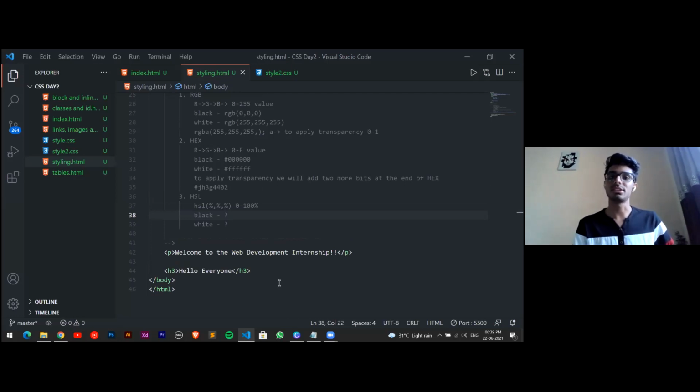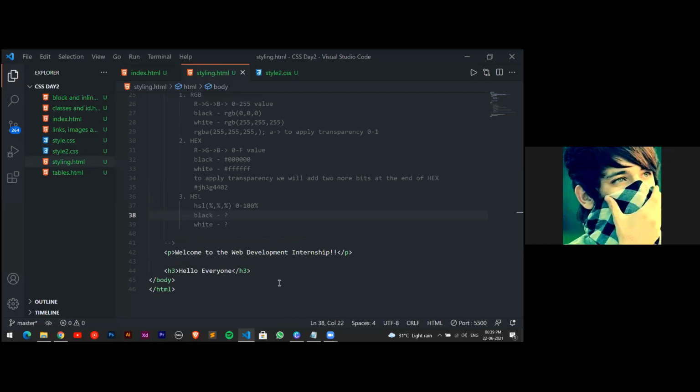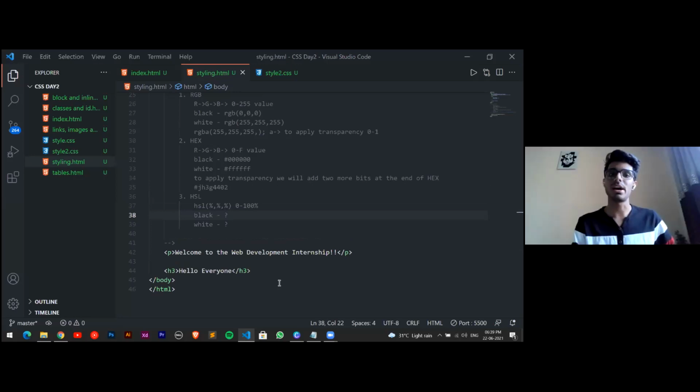Just try a guess. No issues. Yeah, 0 0 0 for black and 100% for white.